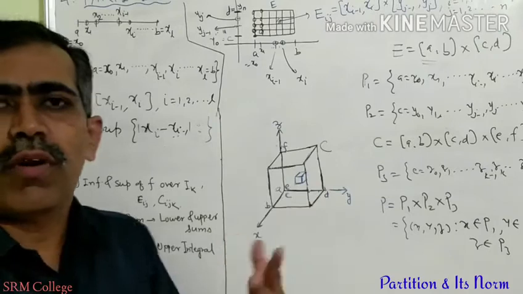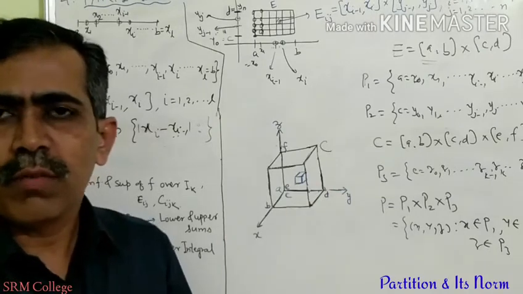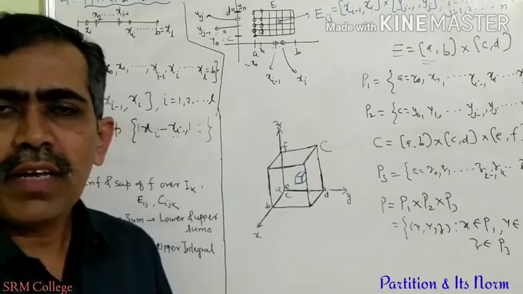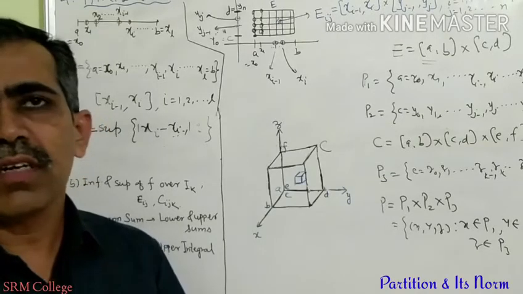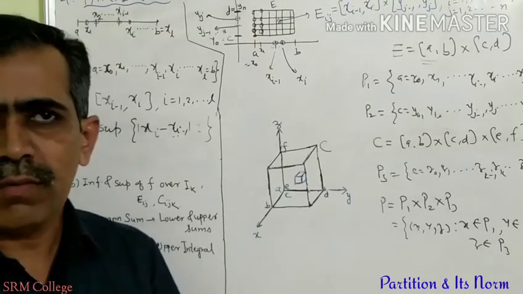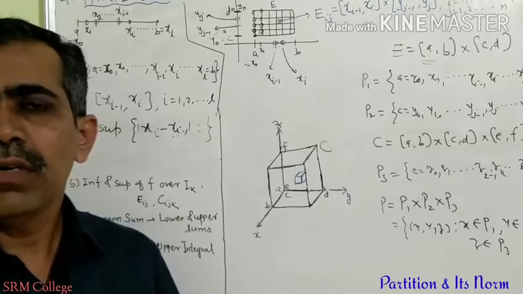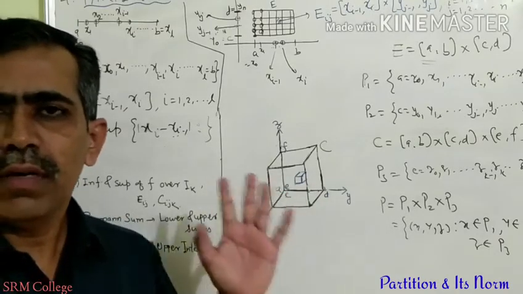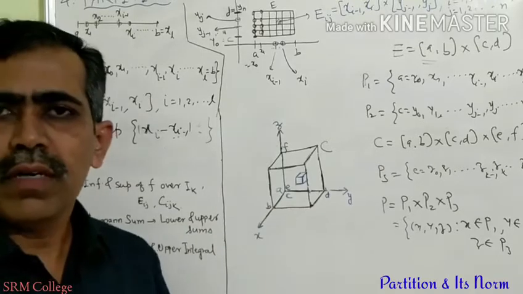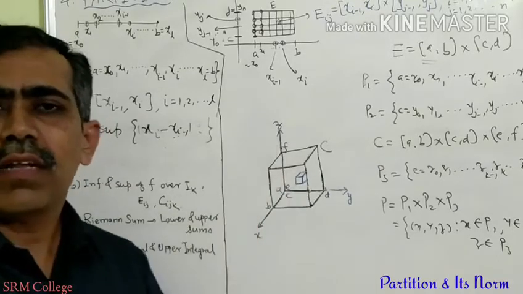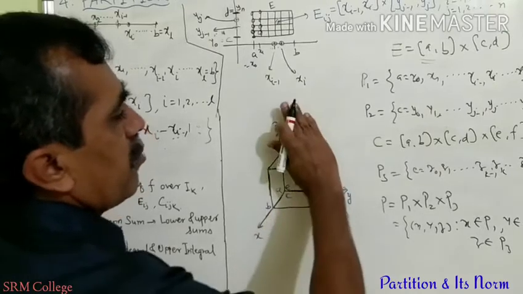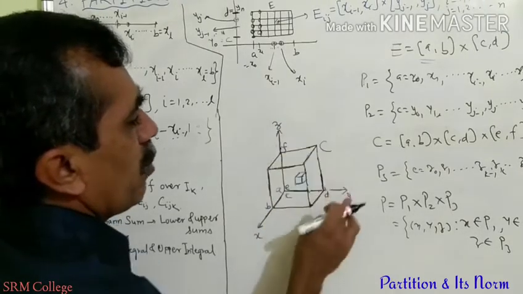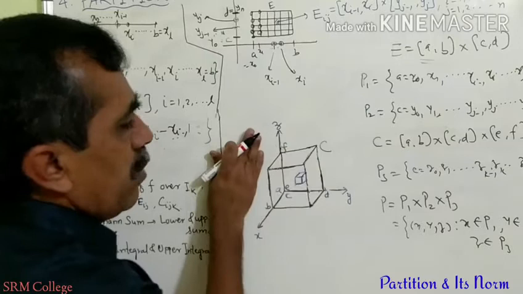For example, suppose you are sitting in a room, and on the ground you take the x-axis and y-axis, then the ground is the xy plane. If you consider the z-axis perpendicular to both x and y, then one vertical side of the room will be the xz plane, and another will be the yz plane. So this is the xy plane, this is the yz plane, because any point here has y-axis and z, and this is the xz plane.